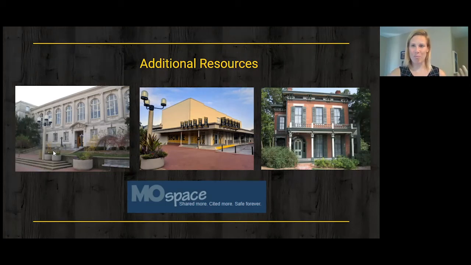We also are happy to meet and do consultations over Zoom. So again, you don't have to physically be on campus to meet with your librarian, and you can make an appointment with your subject specialist through MU Connect, the same way that you would make a meeting with your advisor, or through a number of other options. The middle picture there is the Campus Writing Center.